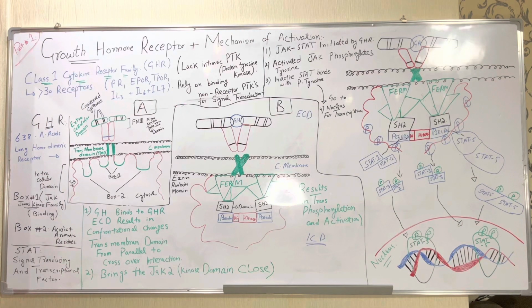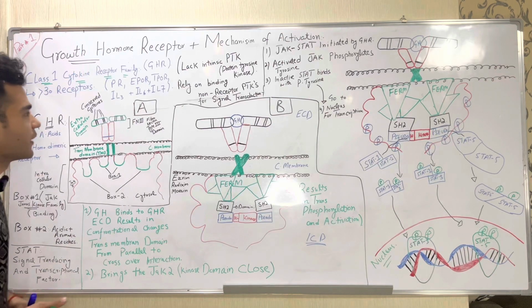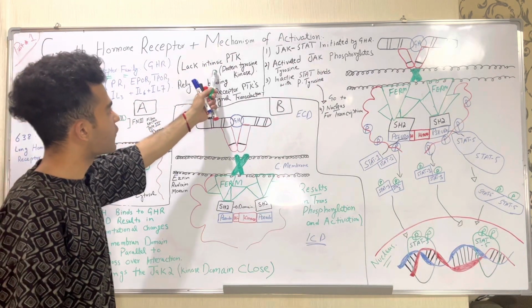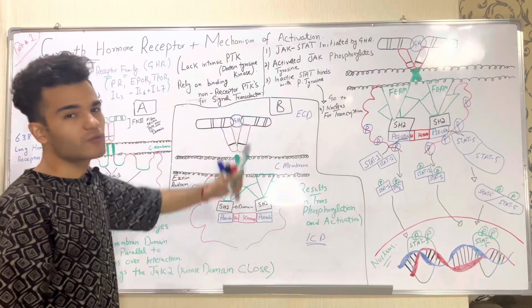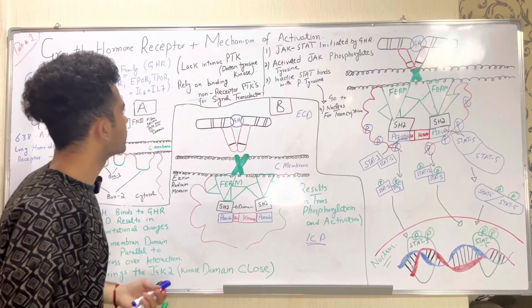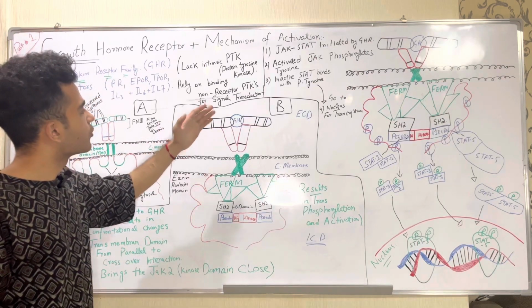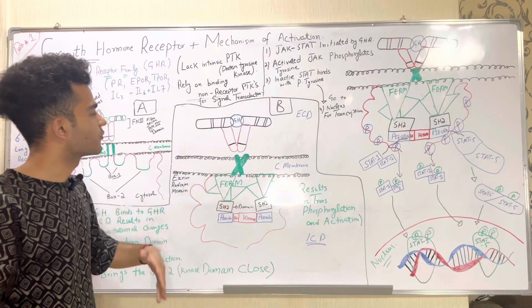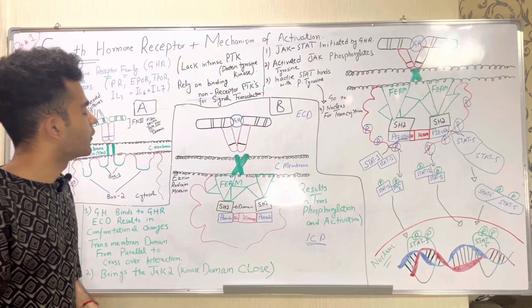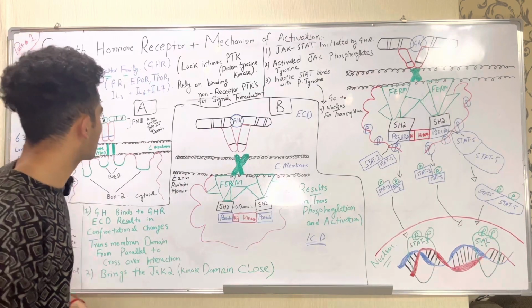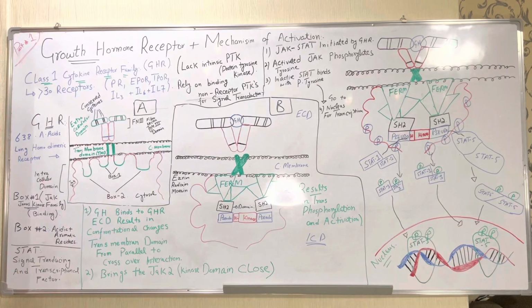Now, these cytokine receptor family members lack intrinsic protein tyrosine kinase activity. So they rely on binding with non-receptor PTKs, for example, for their signal transduction. This is an important one. Now, if we talk about the growth hormone receptor,